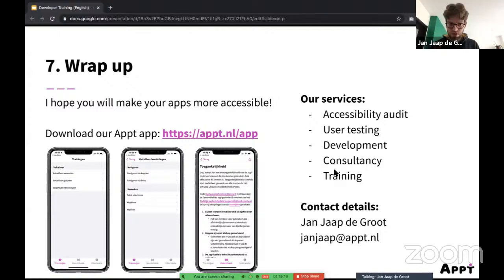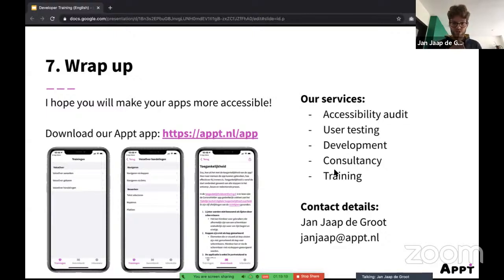I see another one. It's automated unit / instrumented tests. Jeroen also answered this already. There is some automation possible, and like contrast of colors, you can calculate this, which I've not mentioned in this presentation, but it's also one of the guidelines that you need to have enough contrast in your app.